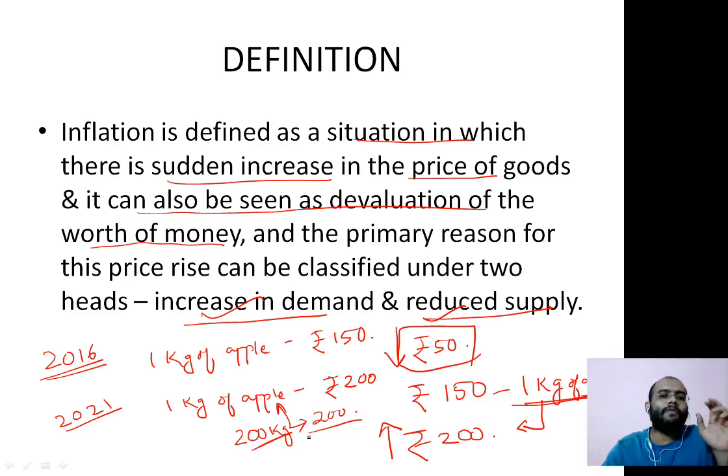Reduced supply. One of the best examples is COVID. The pandemic, the lockdown, where factories shut down their operations and a supply crunch happened, leading to an increase in inflation. Where supply is absent, the goods will remain in shortage compared to demand, and when there is a shortage in the amount of goods compared to demand, definitely there will be an increase in prices.